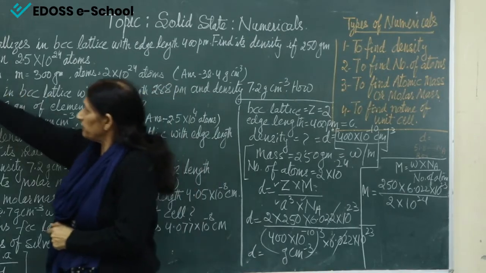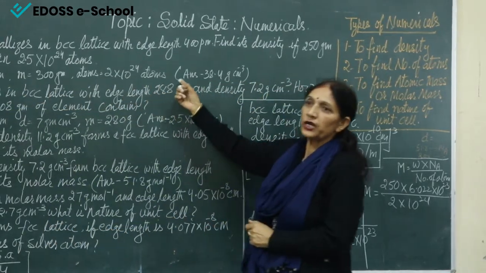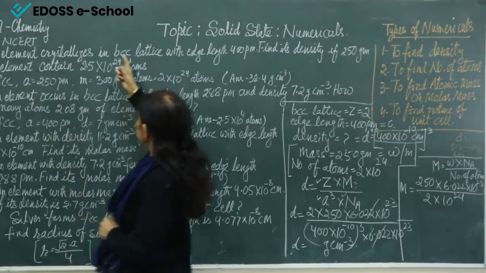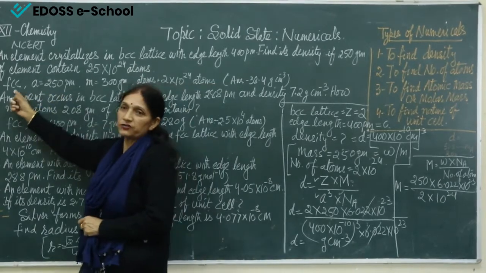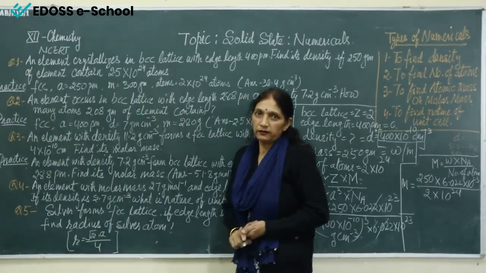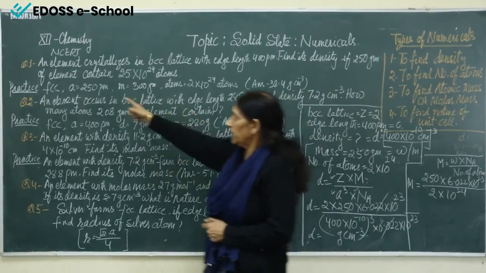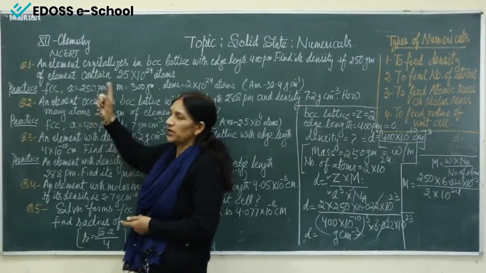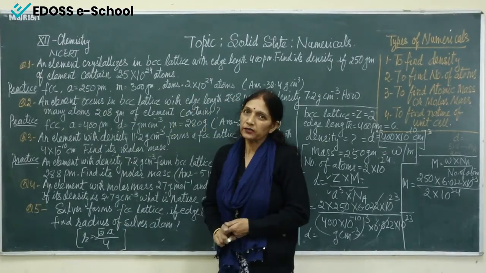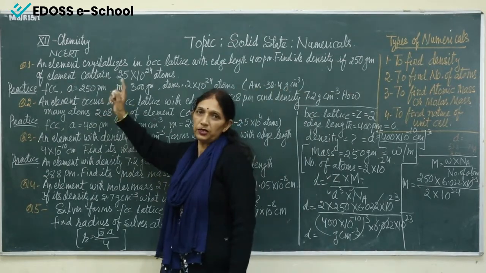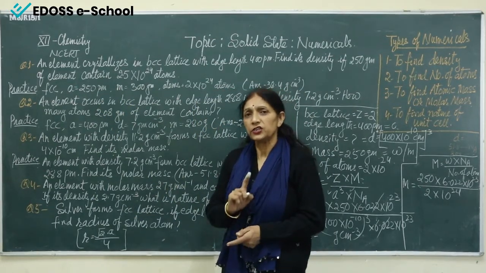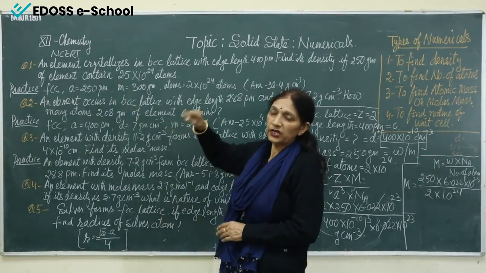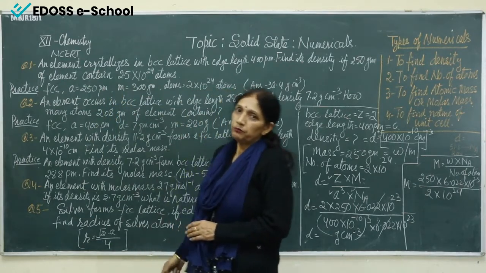Now here I have given a practice question. This question you can practice yourself, but what is the difference in this question? Here BCC structure it was, here it is FCC structure. That means the value of Z here will be 4. A is already given in picometer, so we have to convert it into centimeter. So we will have to multiply this value by 10 raised to power minus 10 to convert it into centimeter. And if it is given in centimeter, then there is no need, remember it, okay, because density is always in centimeter. That's why we have to convert length into centimeter.